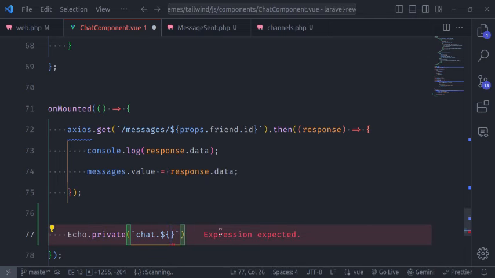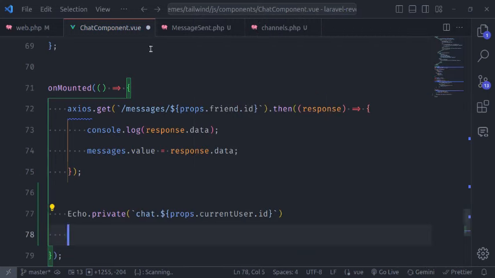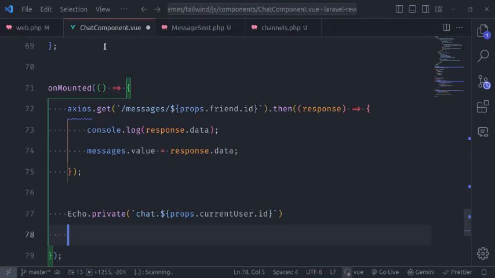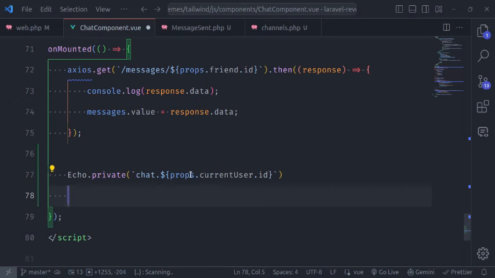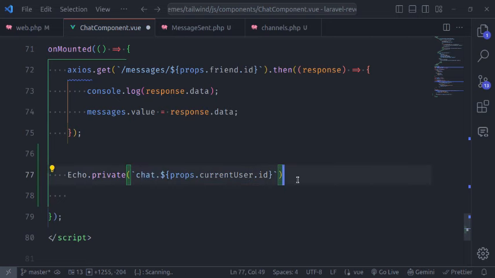So here we will say props.currentUser.id. In the MessageSent event we broadcasted this message to the receiver, and in the chat component the receiver is the current logged in user. So here we will pass chat.props.currentUser.id, and here we will listen for